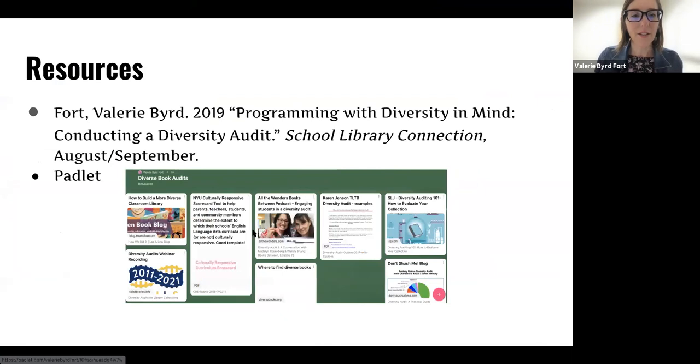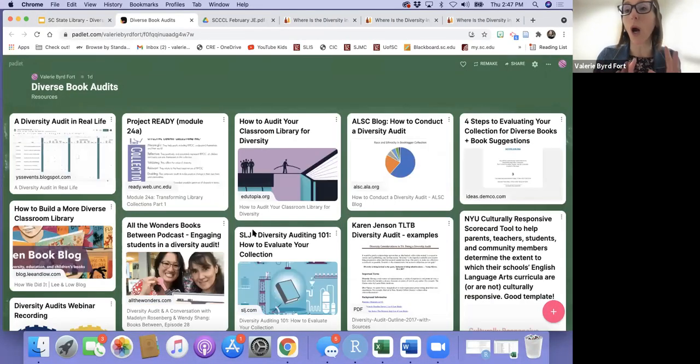Okay, perfect. So this Padlet, and it will grow, I have created with resources to really help you conduct your audits, because a lot of this is going to be individual. It's going to be how you need it done and what you are looking for. I don't think there is any one spreadsheet or any one list that I can share with you, but there are lots of wonderful